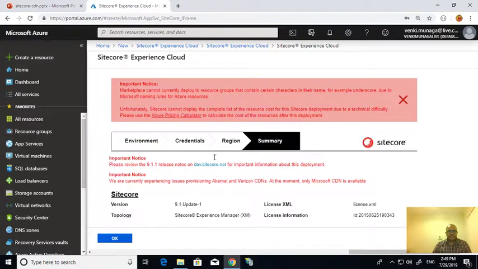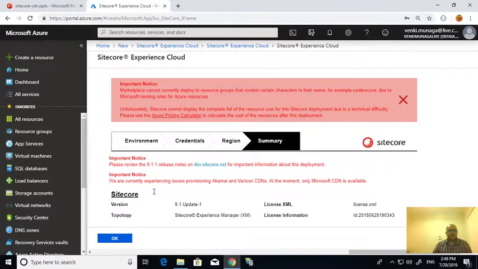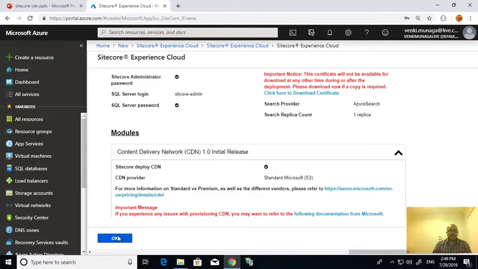So if I see this important one: we are currently experiencing an issue providing Akamai and Verizon CDN at the moment. Only Microsoft CDN is available, so that's why I choose the Microsoft CDN. Okay, if I click on this one,